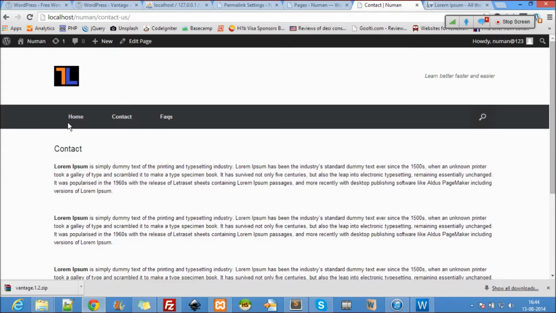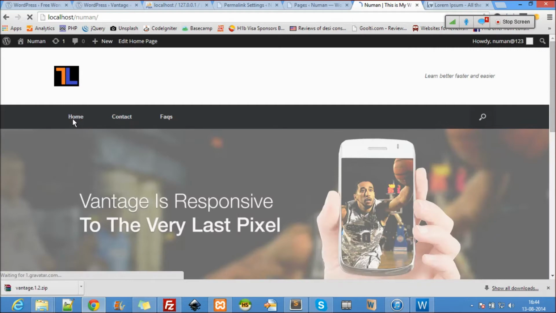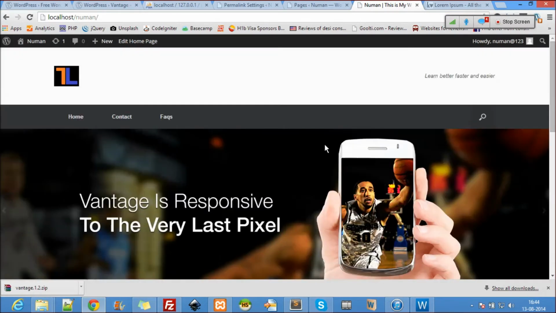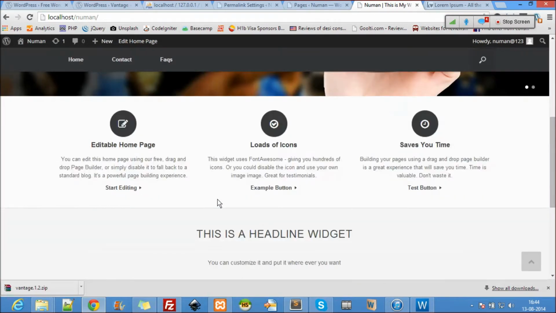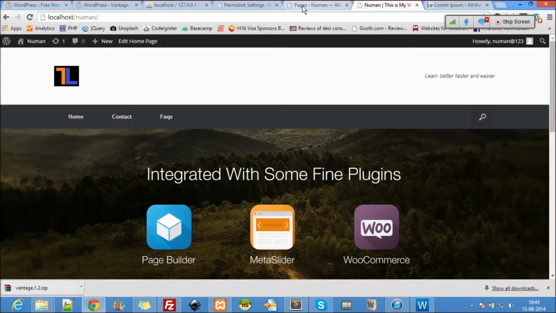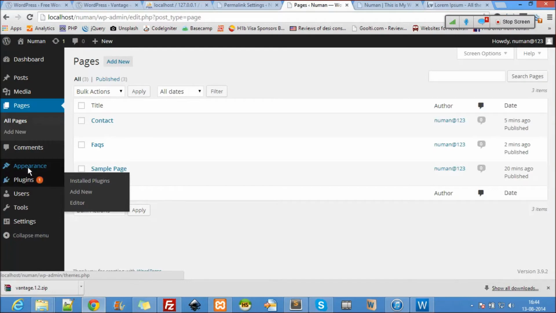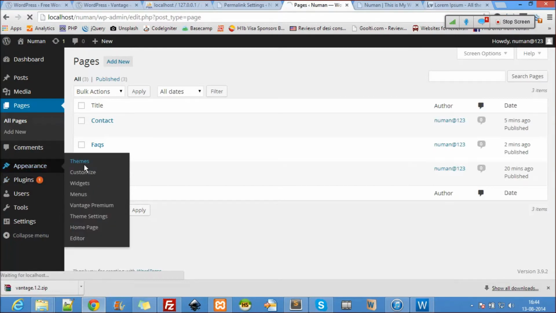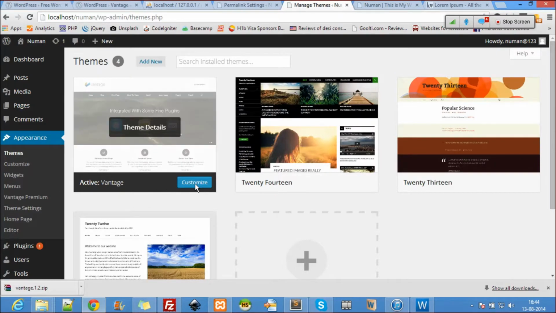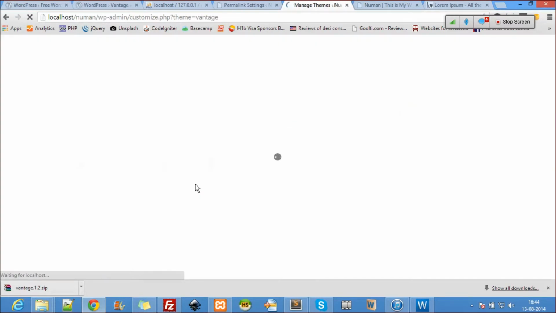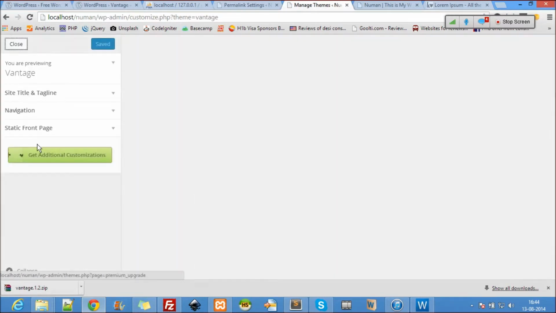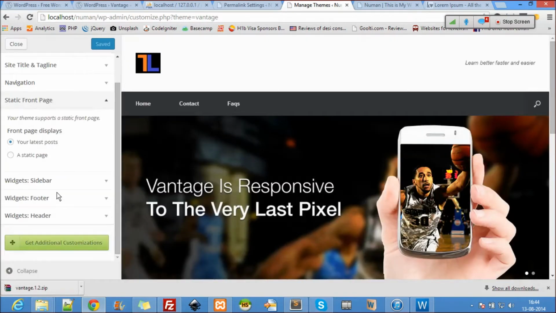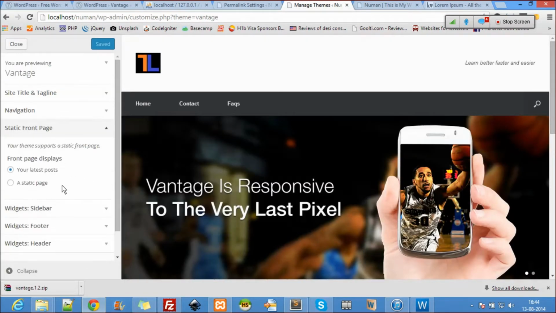Now we are left with only services, right? Only services. So here you can also change this, the slider. Maybe I don't know how to change the slider. You can also change the front page. So the front page will be home page, maybe in the themes. So you can change that too. But if you're good enough with PHP or HTML or CSS, then you can really do it by yourself. Okay, static front page. So don't really know much about this.